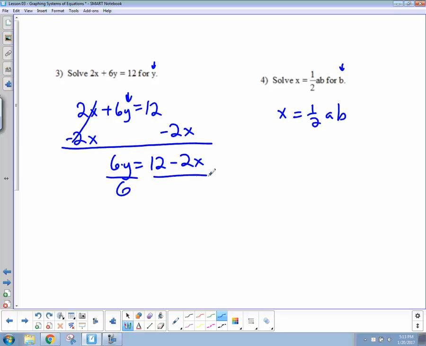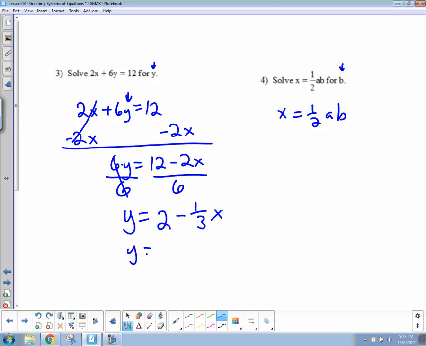We're getting rid of the 6's. Y equals, what's wrong with me? 12 divided by 6 is 2. A negative and a positive make a negative. That 6 can't go in that 2, but we can sure reduce that. 2 can go into 2, and 2 can go into 6. So 1/3 x. And again, if we want to write it like slope-intercept form,